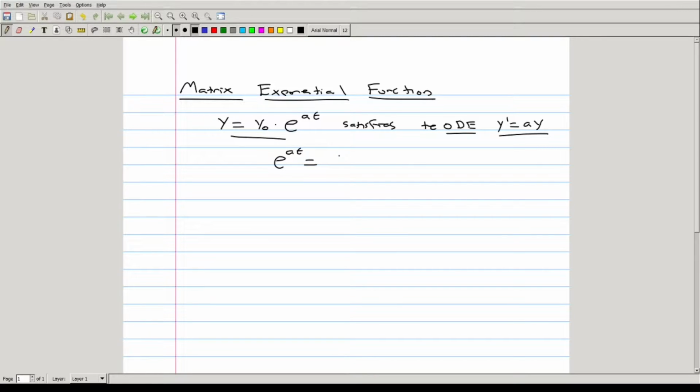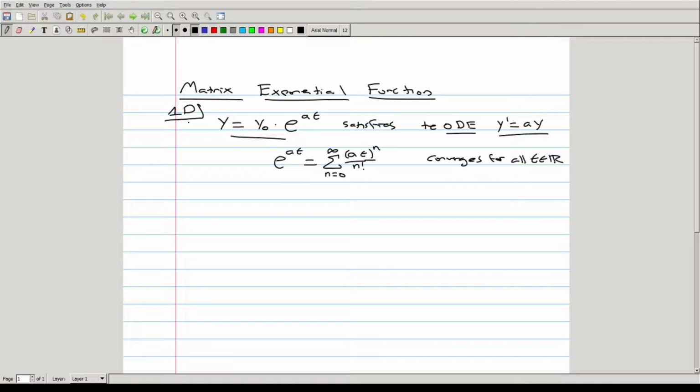is the same thing as the Taylor series. And this is the summation from n equals 0 to infinity of a t to the n over n factorial. And this converges for all t in the real numbers, because the radius of convergence of this series is actually infinite. And you typically show that in a Calculus 3 course. This is the 1D